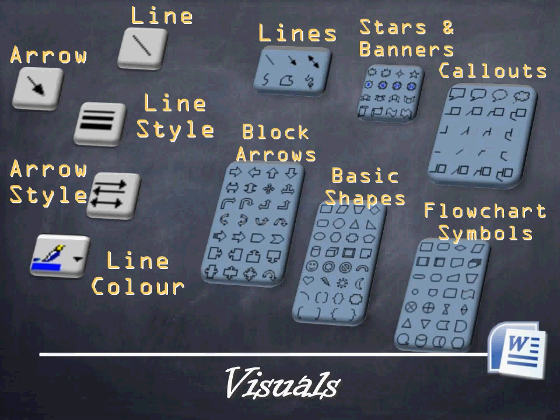Now, some of the features that you'll have to be familiar with are those icons that, when you choose your drawing toolbar, you can select any number of things, from a line to an arrow to changing the line style or the arrow style or the line color. There are some default options as well with your drawing toolbar. You can see all the different lines that are by default, stars and banners to callouts, which are really great when you're trying to